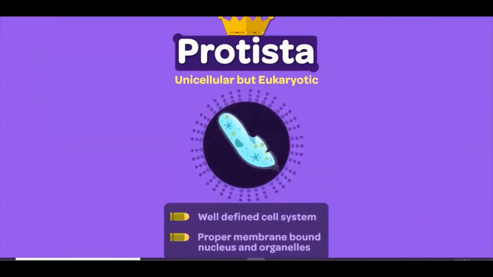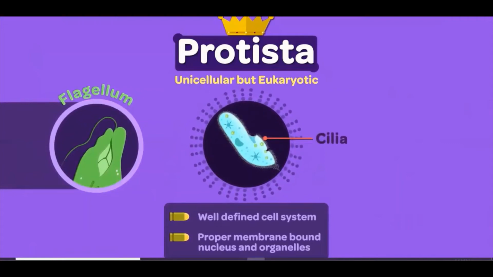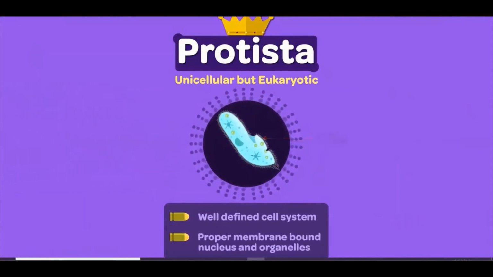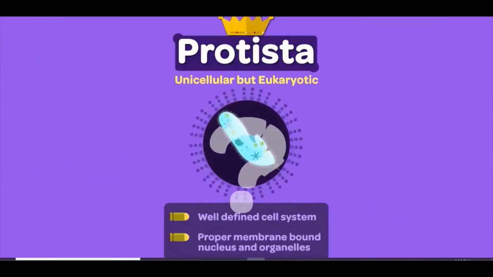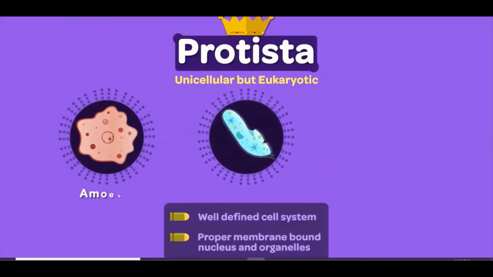Apart from the usual organelles, protists also have specialized structures like the single flagellum or several cilia. These structures help in locomotion of the single cell. So, which organisms are included in this list? Unicellular organisms like amoeba,